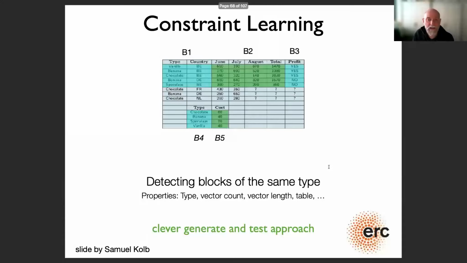There are 2 tables here. It would then look at blocks. What are blocks? Blocks are consecutive cells, matrices, blocks, where you've got the same type. So all numbers or all strings that are there.